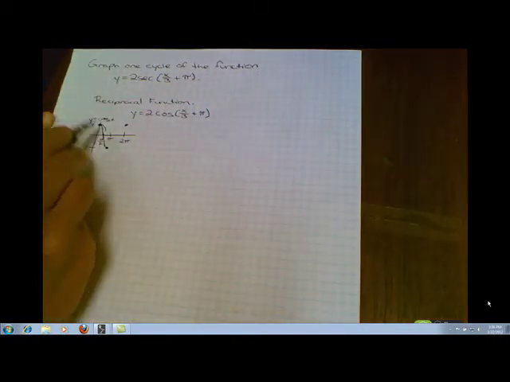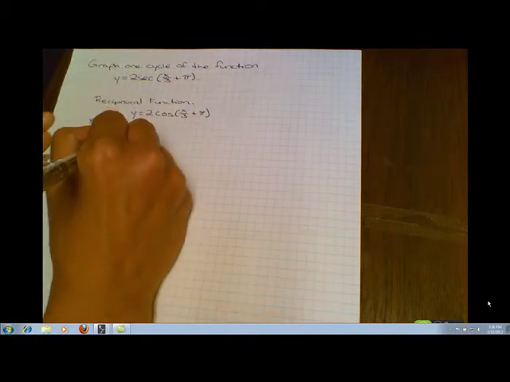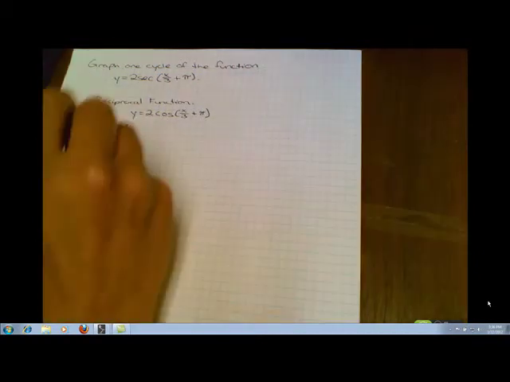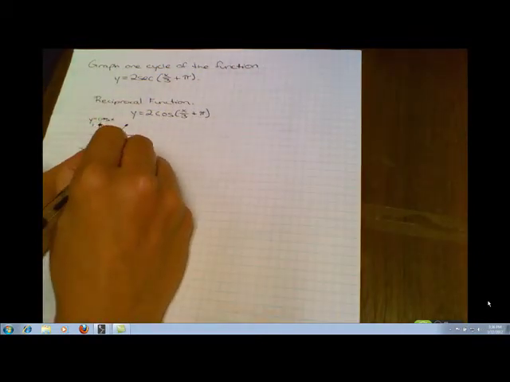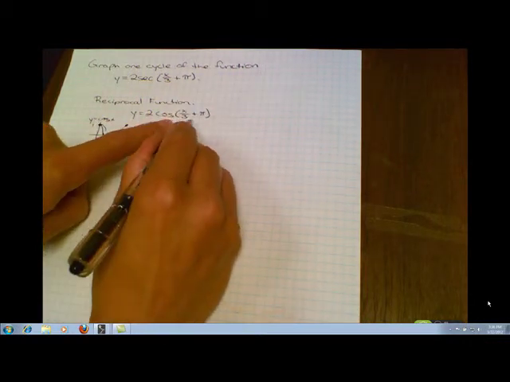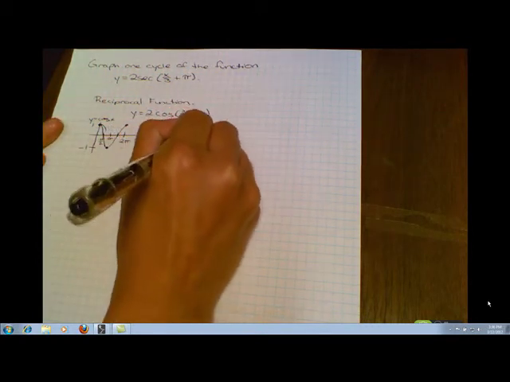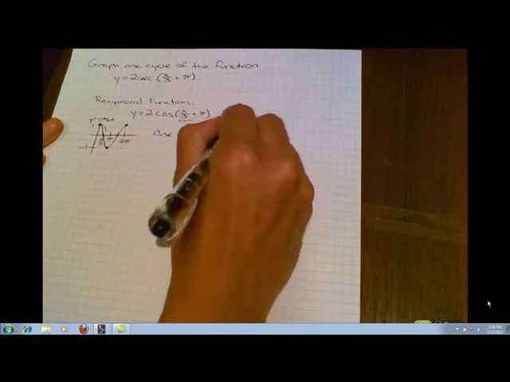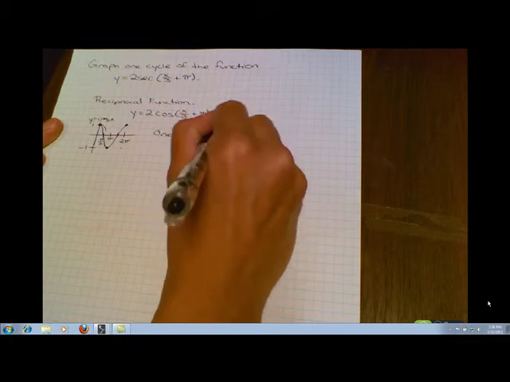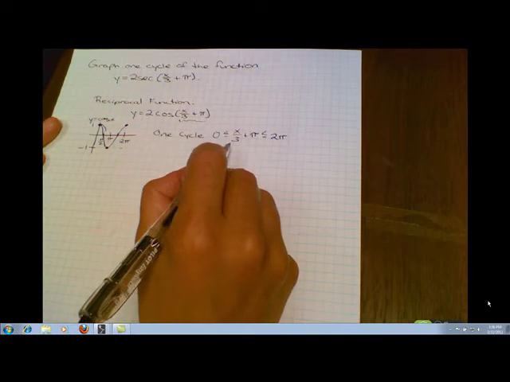Oops. That's why I should graph in pencil. And halfway between this minimum and maximum at 3 pi over 2, you get another x-intercept. So your basic graph of y equals cosine x looks like this. First important thing, we get one cycle as x goes from 0 to 2 pi for cosine of x. For cosine of all of this here, we'll get one cycle